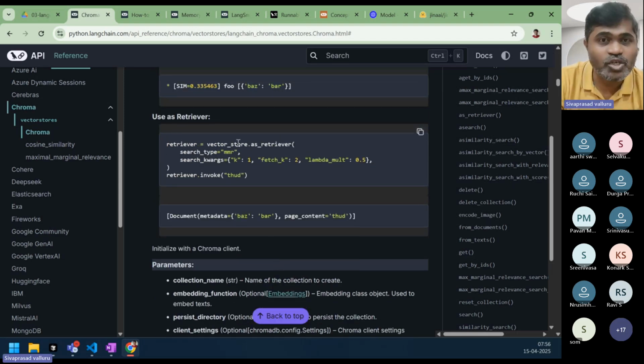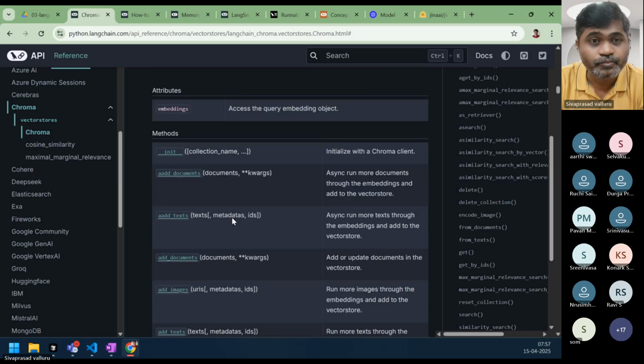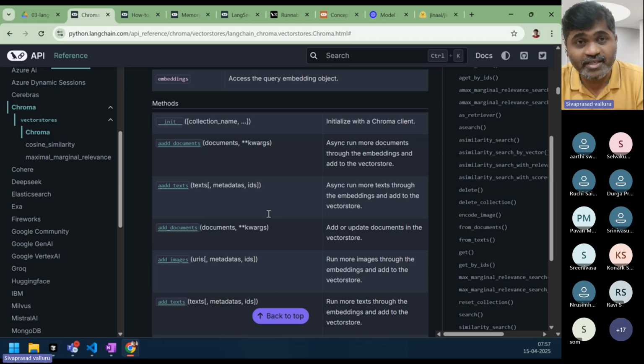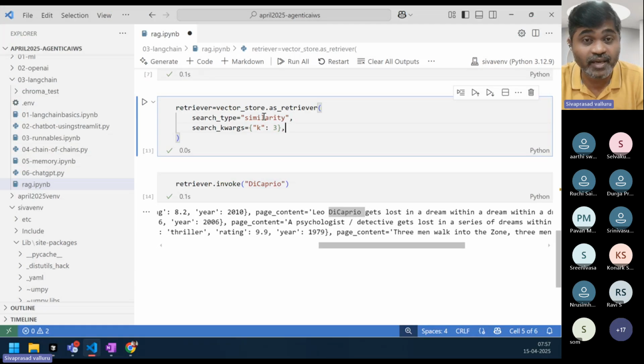Yes. Vector store dot as retriever. We have search type. According to the documentation, the search type can be MMR or similarity search or similarity score threshold. Let me show you an example here. They have mentioned MMR in the documentation. Okay, and also there is one more thing called similarity score threshold. I can use that. Let me go to the code and specify here